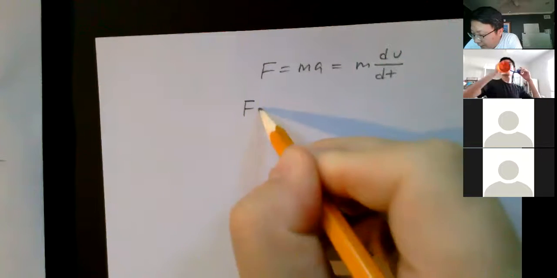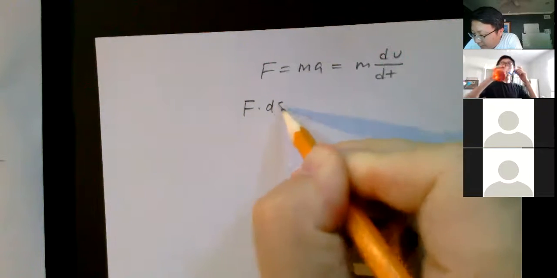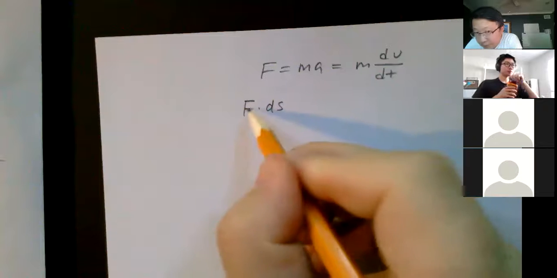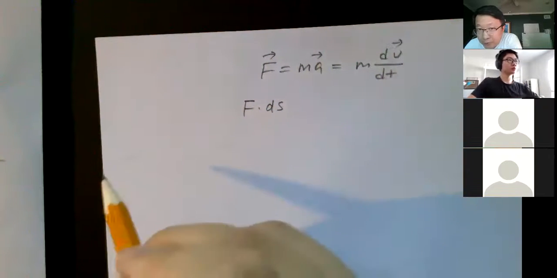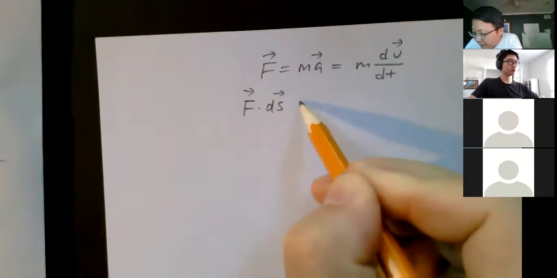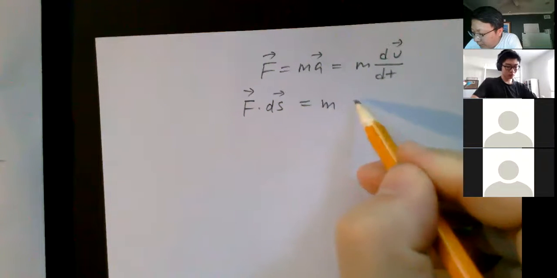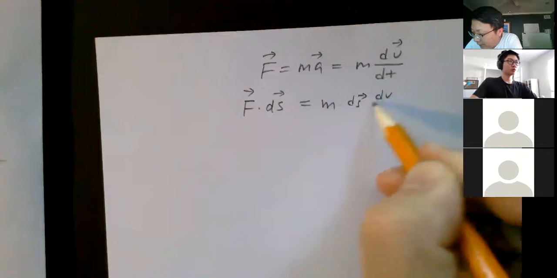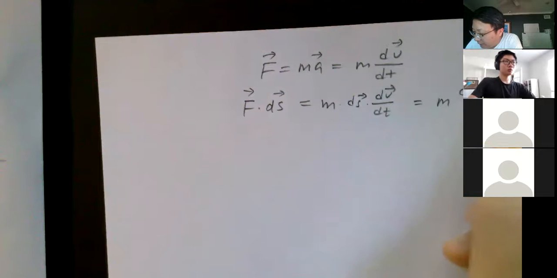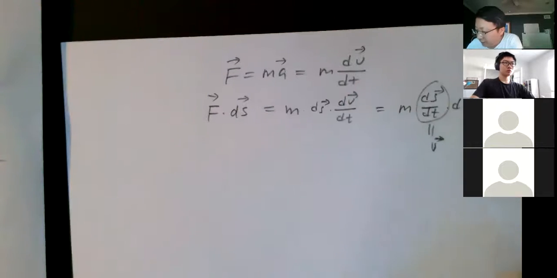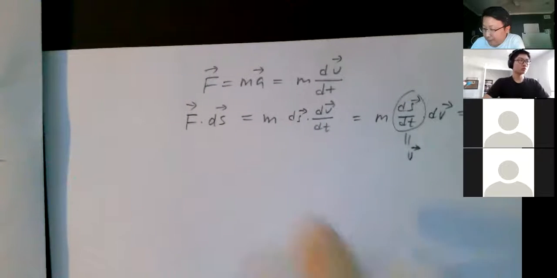And so we multiply by movement along the force direction. Actually, this is all vector, but I try to make it easy for you. Otherwise this would all be vectors, equal to basically ds dv/dt. So this becomes m ds/dt dv. This ds/dt is the definition of speed v, so it becomes mv times dv. Okay,